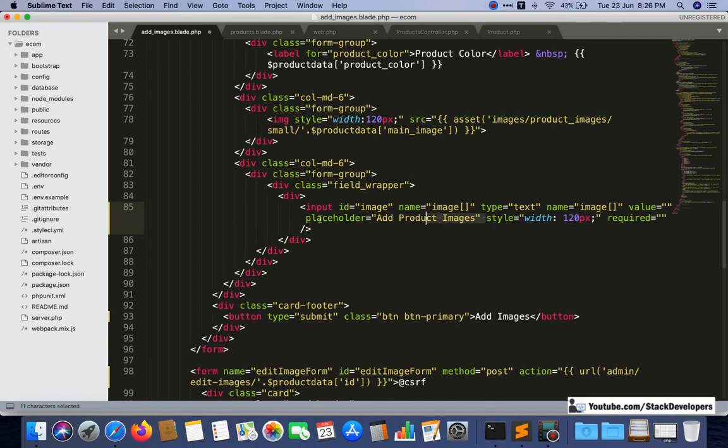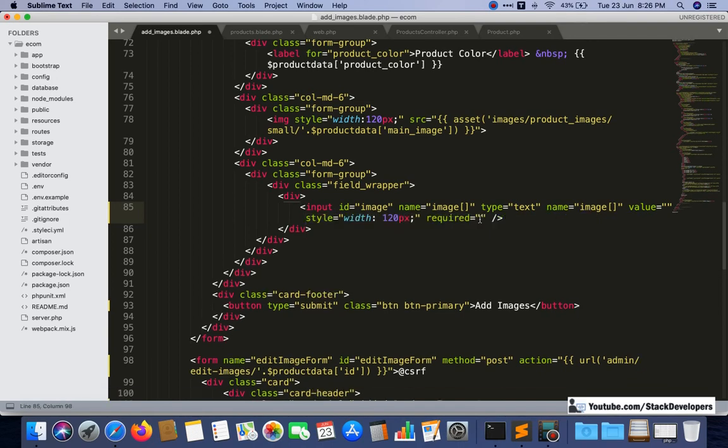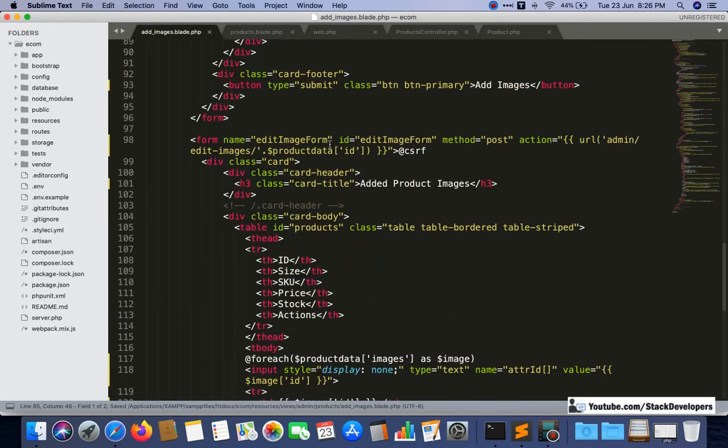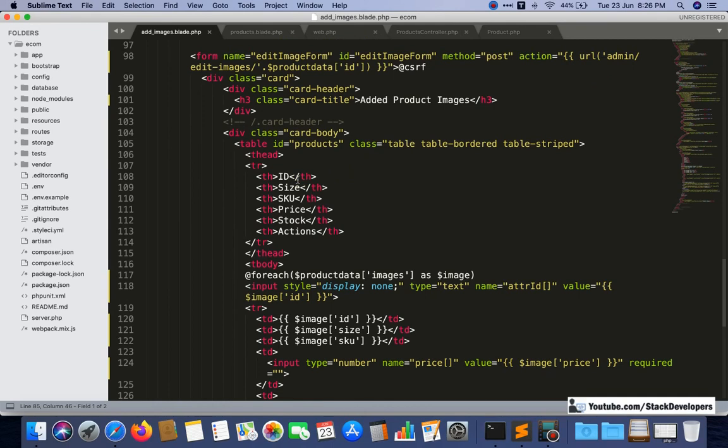Placeholder will not appear, so this is not required either. The rest of the things are fine, type is fine. And one more thing we want to add, multiple, we can add here.